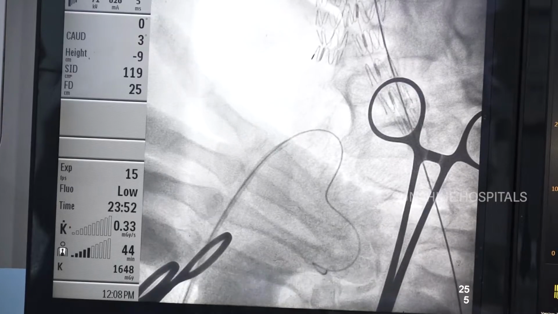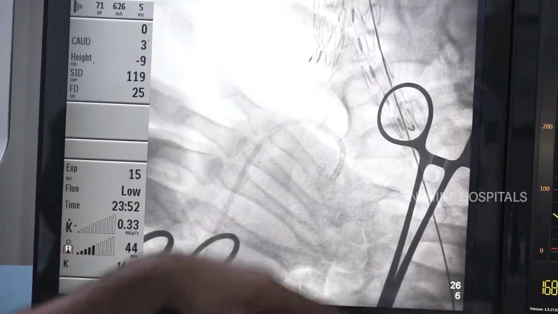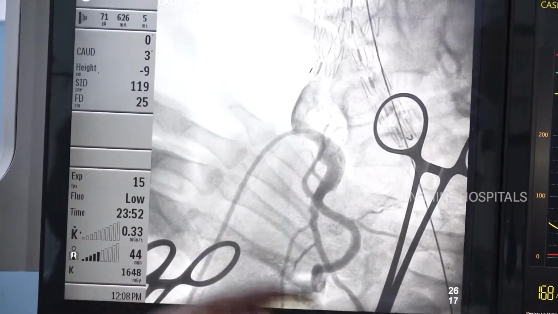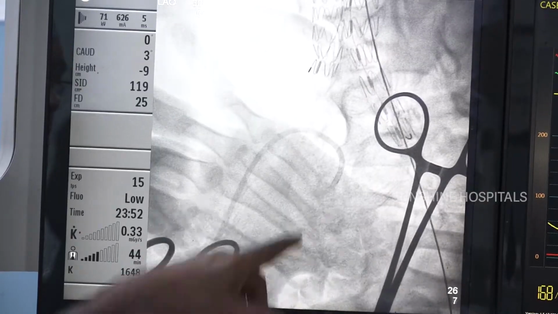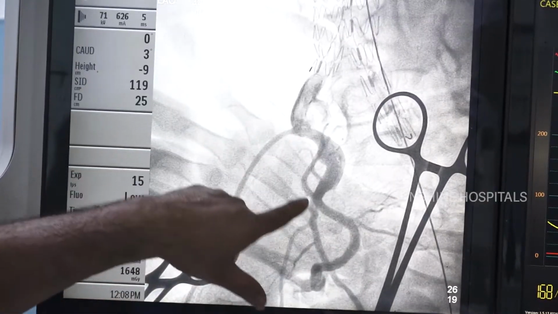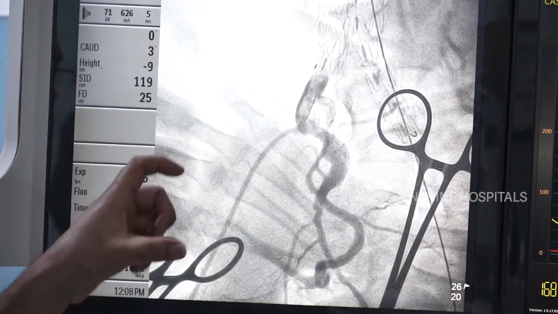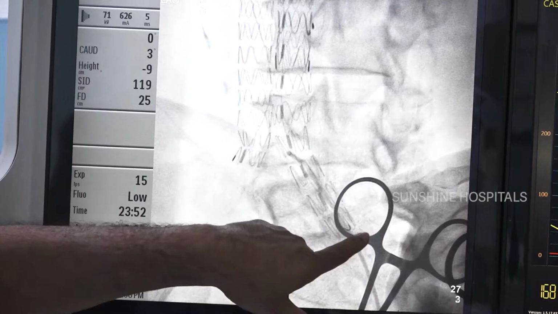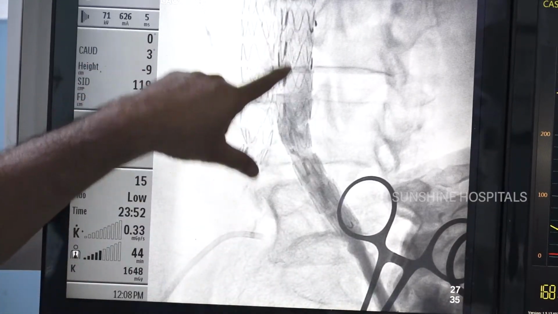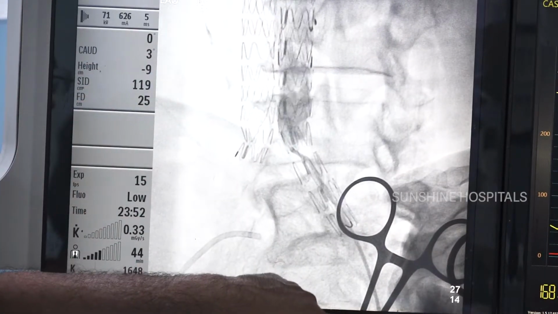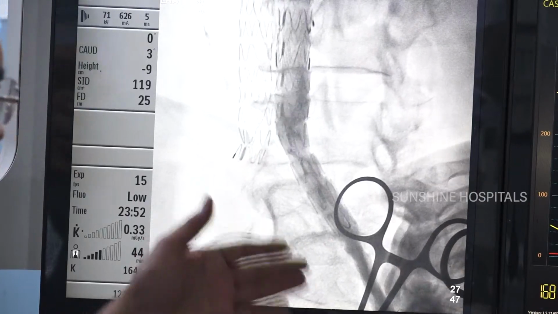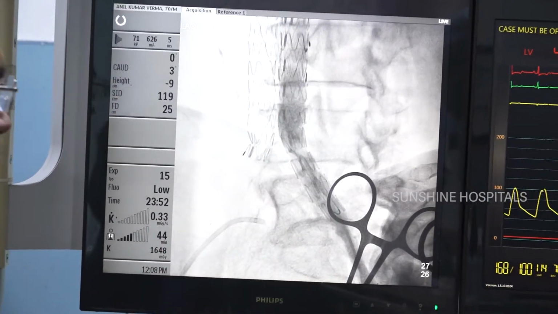Go to the next. Next, using the JR catheter, these are 035 wires, that is 5 and 6 mm big. The distal vessel is not that big, that is the reason we used 5 mm and 6 mm Cook coils. This is a left limb extension injection to see whether the stent is very well patent or not, whether the graft is nicely placed or not, and whether there is any edge dissection, any distal dissection or not.